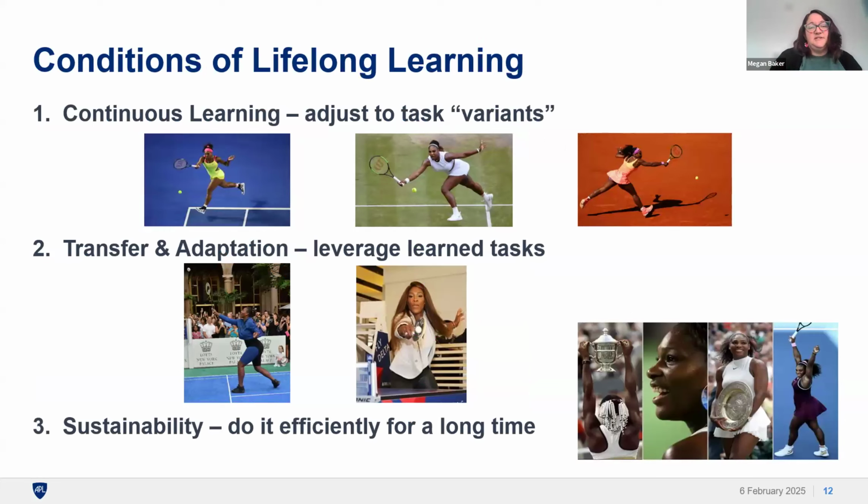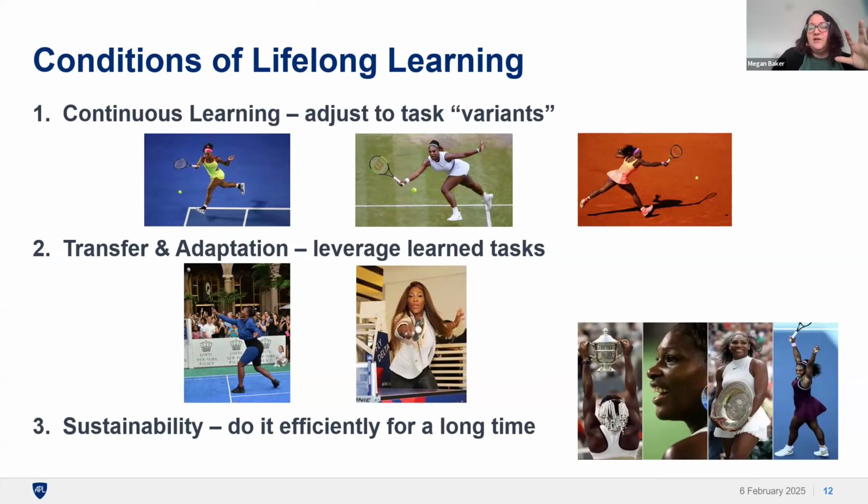So let's talk first about the conditions of lifelong learning. I mentioned I like to use sports examples. This wasn't just my bias from the program. Lots of people think about sports as a way to think about different tasks. And I think that's because we think of sports as being similar to each other based on our semantic understanding of either the rules or the mechanics of the sport. So for example, you might think that tennis is very similar to badminton because they both use rackets, and you would expect a lifelong learning Serena to be very good at badminton, given that she's an excellent tennis player.